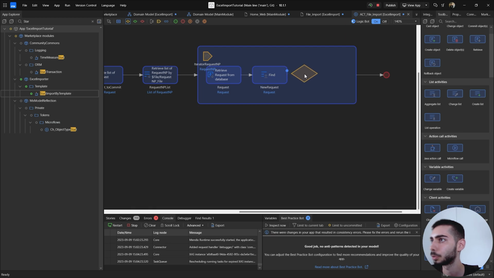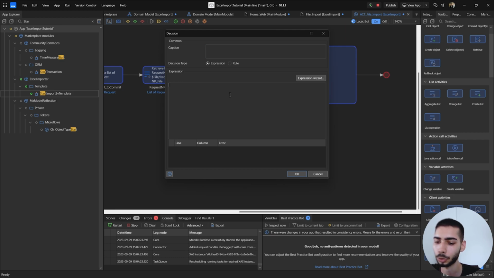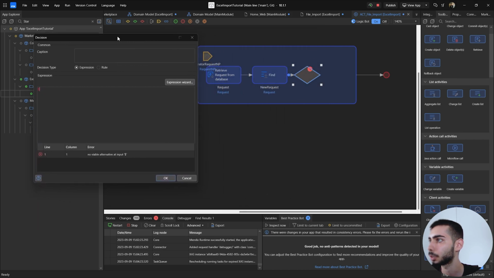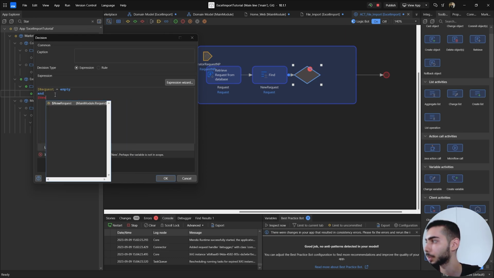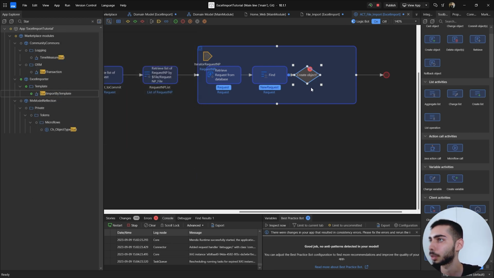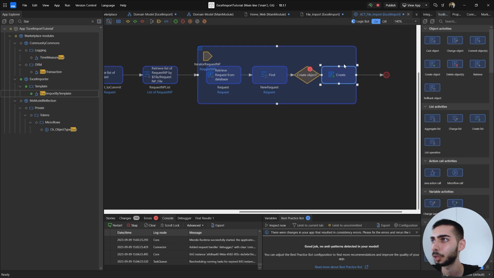So if both objects are empty, that means we can create a new object. So we need just to check the name of the object. In this case, it's request equal to empty and new request equal to empty. And as a caption, we can write, so create object and click OK. The right side, we can create a new object